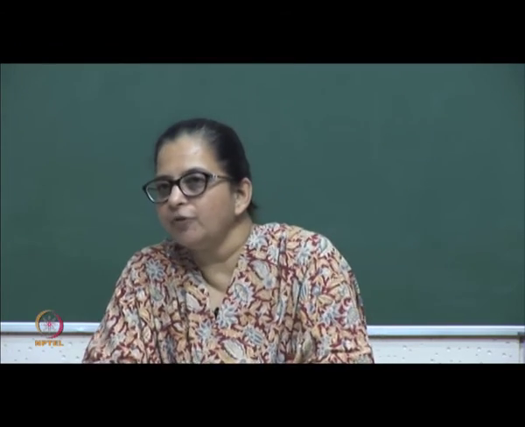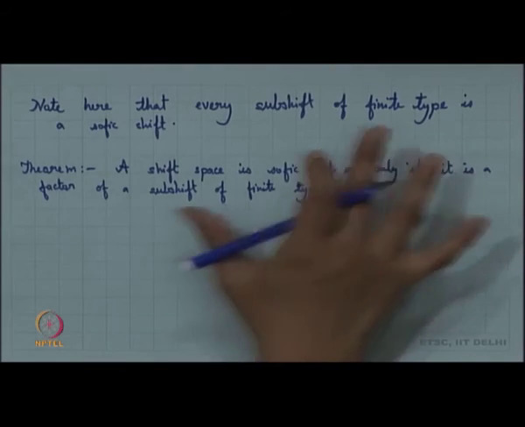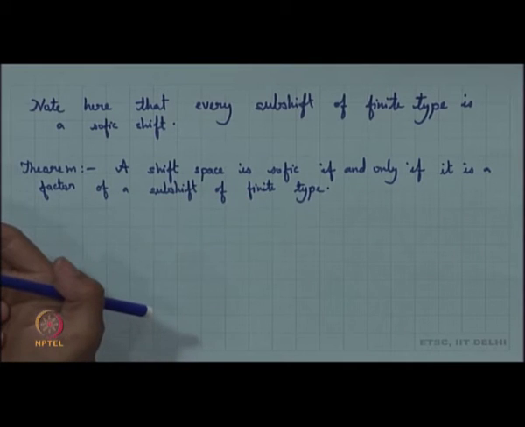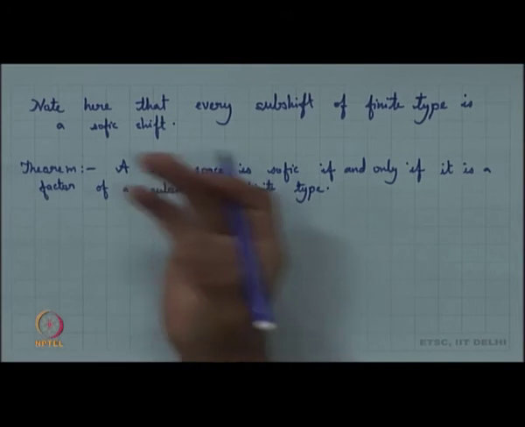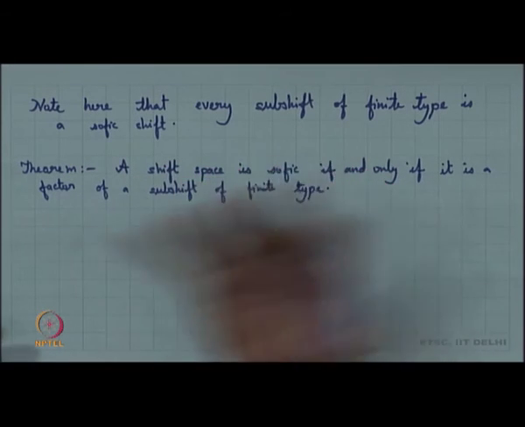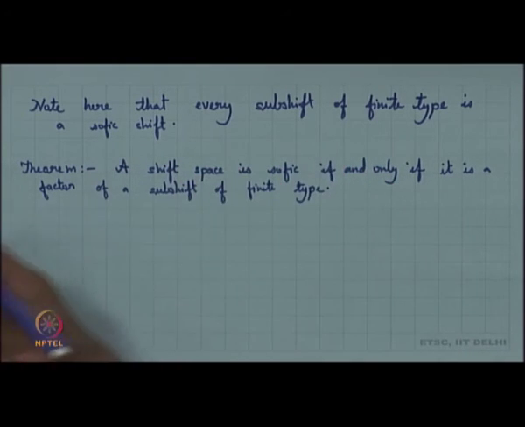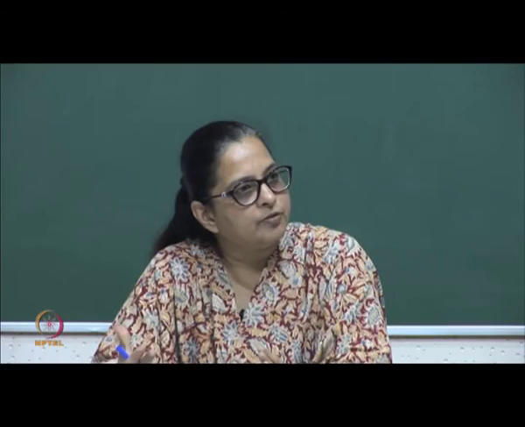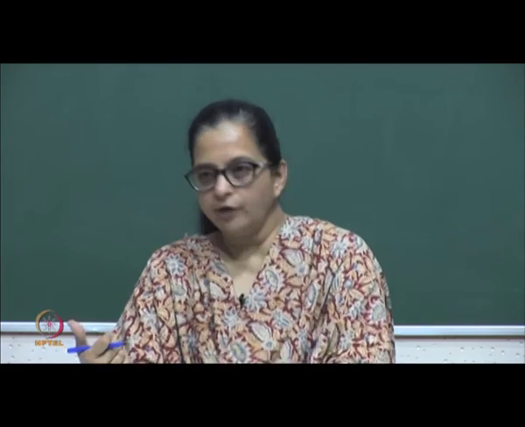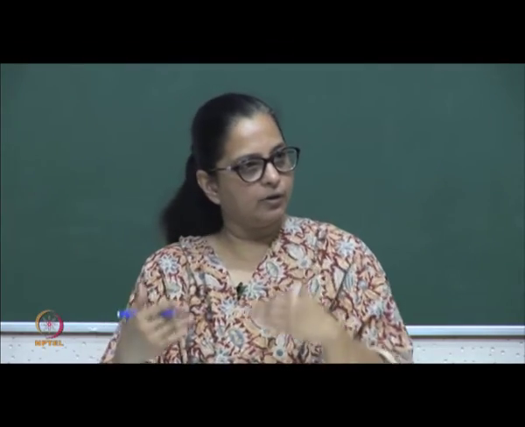A factor of a subshift of finite type would be, again, something I could think of in terms of a factor map. So, that is generated by some block code. Now, if necessary, we can have a higher block representation of the subshift of finite type, so that the block code that we generate becomes one step. All we need to define a labeling is a one block code.